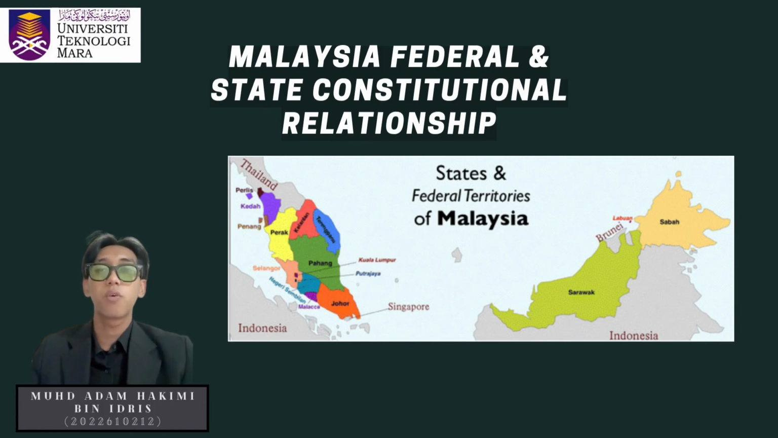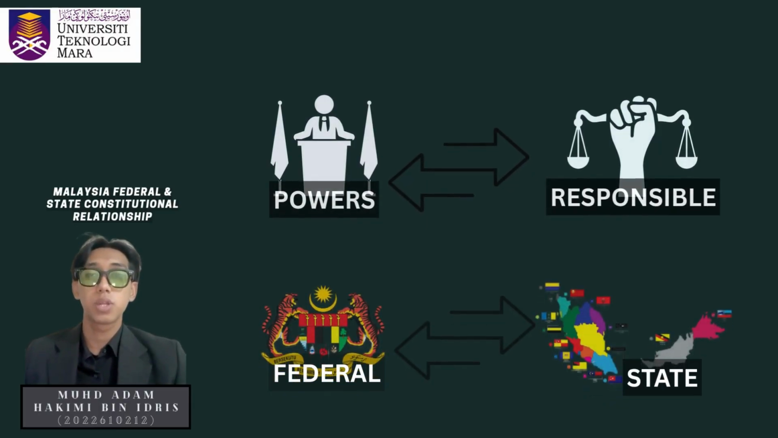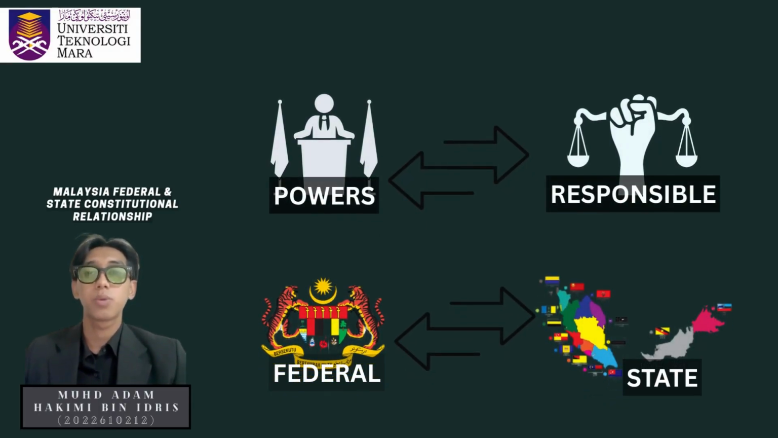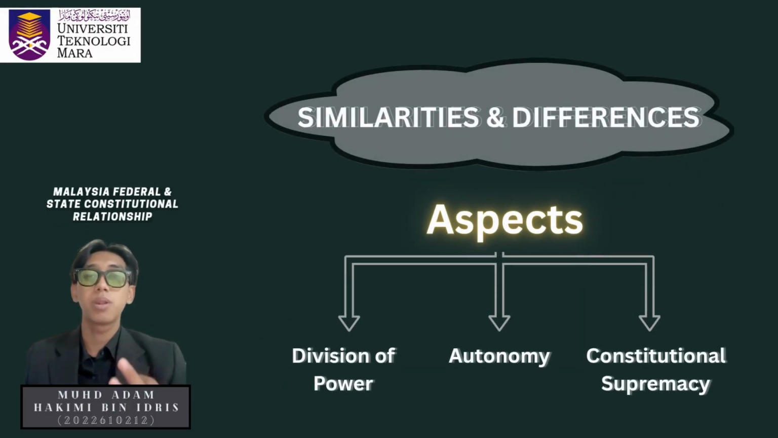relationship, which forms the foundation of our country's governance. In this session, I will give an overview of how the Federal Constitution divides power and responsibilities between the federal and state government. I will focus on three main aspects: the division of powers, the concept of autonomy, and the principle of constitutional supremacy. For each, I will highlight the key similarities and differences between the federal and state levels,